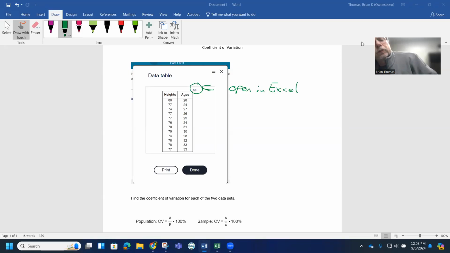So one of the questions you'll have in your homework is working with what's called the coefficient of variation. That's when you're working with two different data sets. So in our example, we're working with, I believe it's baseball players. We have heights and ages. What I want to show you is how we can determine the coefficient of variation of these two data sets